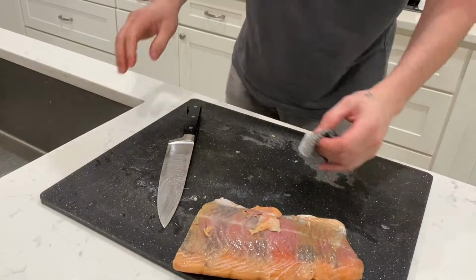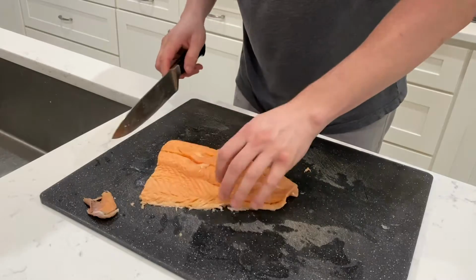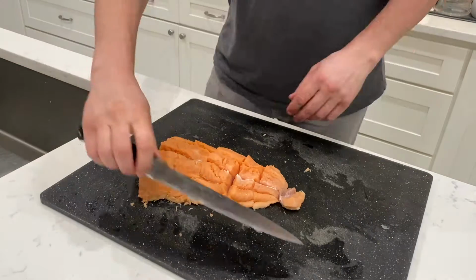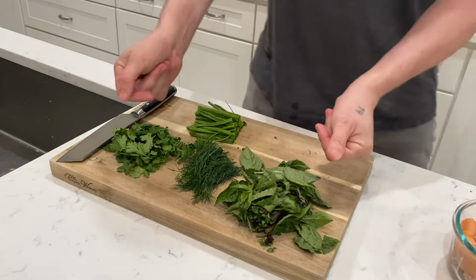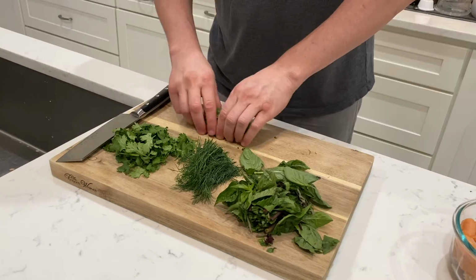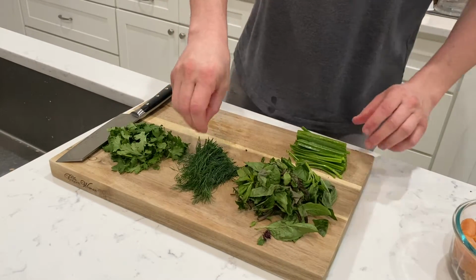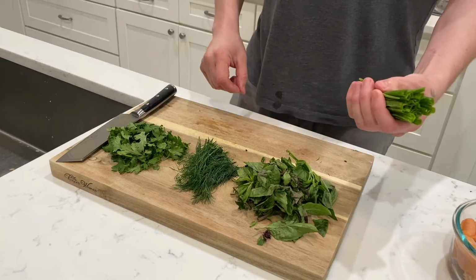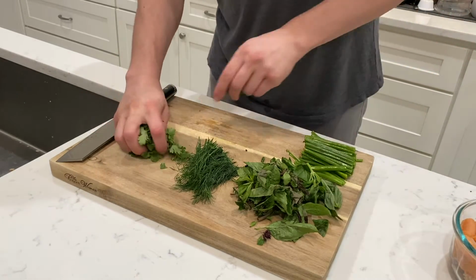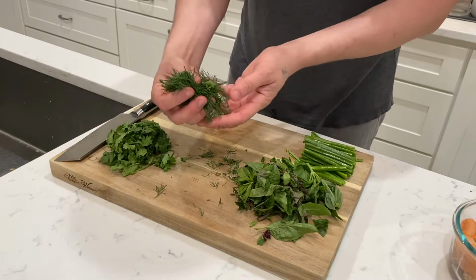All right, so the plan is I'm gonna cut this salmon into chunks, season it. Yeah, let's keep it this way. And this is how we're gonna season our salmon. We're gonna cut all this stuff up, and we're gonna make sauce seasoned with green onions, well, not all of it, but some of it, cilantro, fresh, amazing dill,